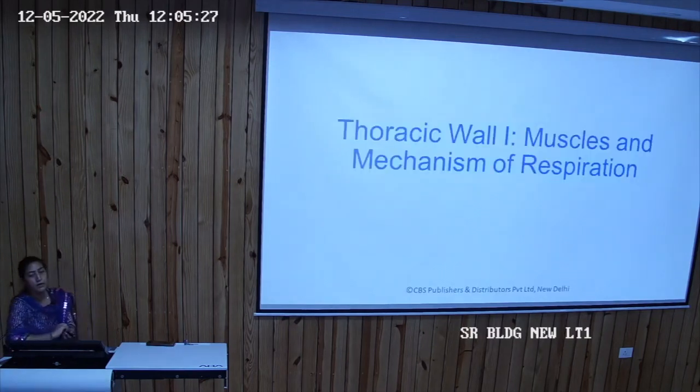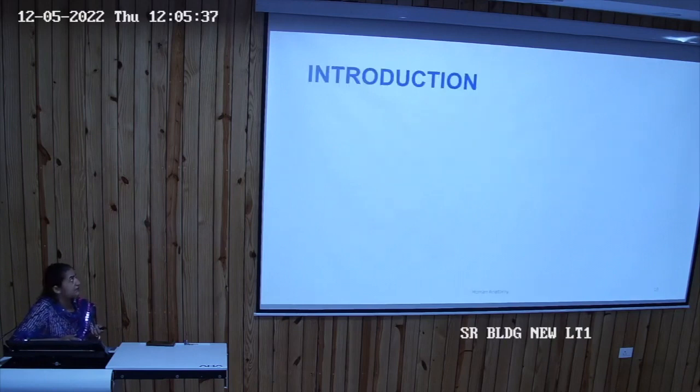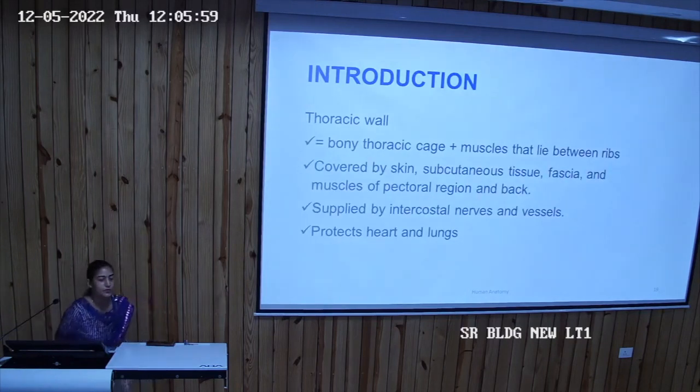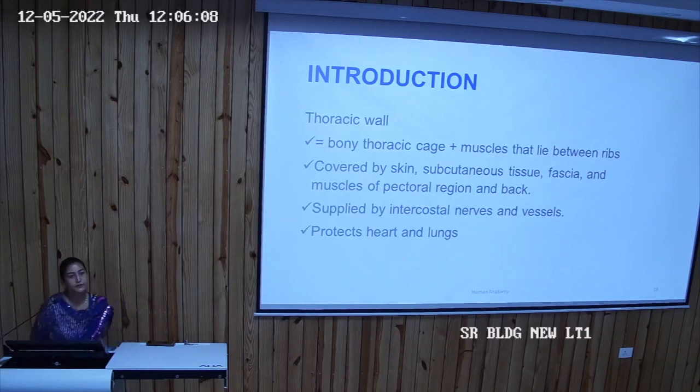Next, coming to the thoracic wall, in which we will be dealing with the muscles and the mechanism of respiration. Which region is called the thoracic wall? The thoracic cage was formed, the bony thoracic cage. Now its cementing will happen, so that will form the thoracic wall. That thoracic wall is formed by several muscles, all the intercostal muscles that are present between each of the intercostal spaces. An intercostal space is the space between any two adjacent ribs.